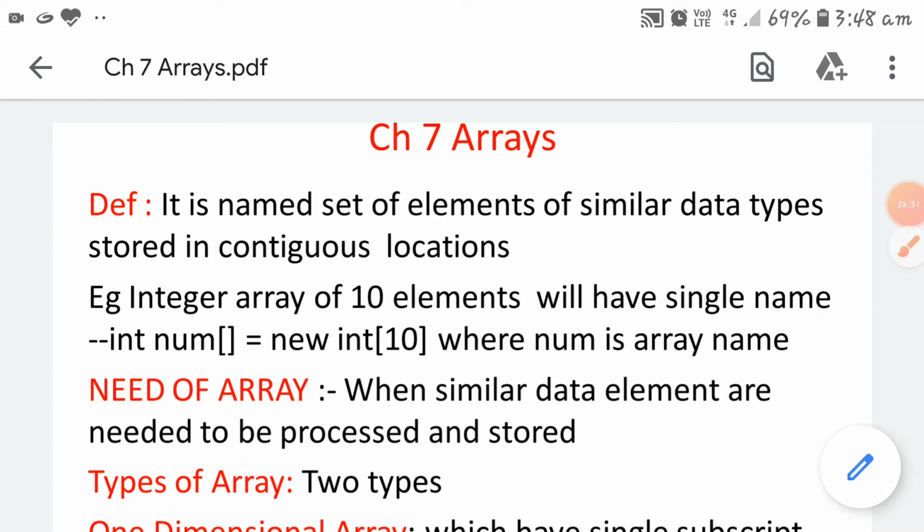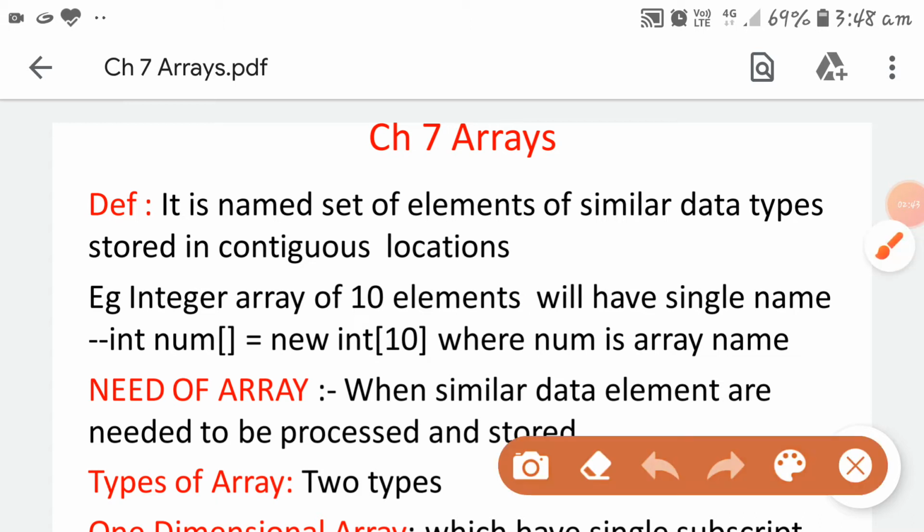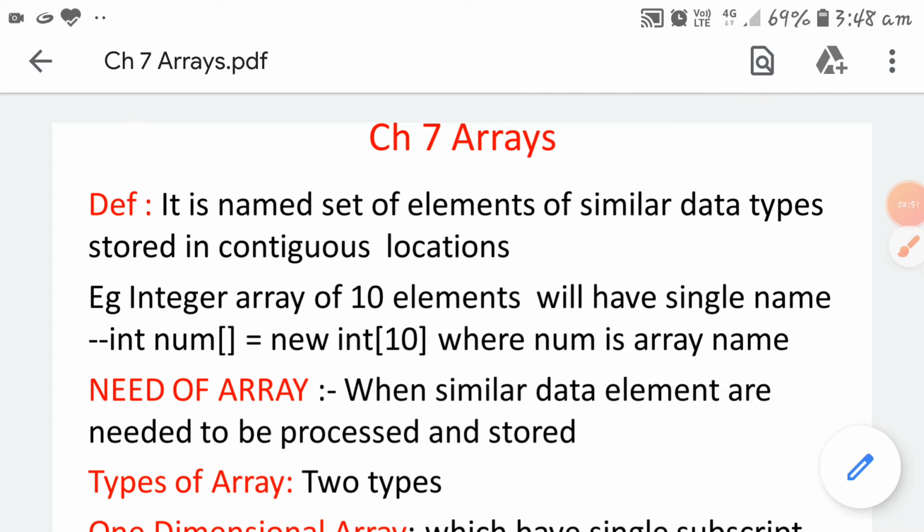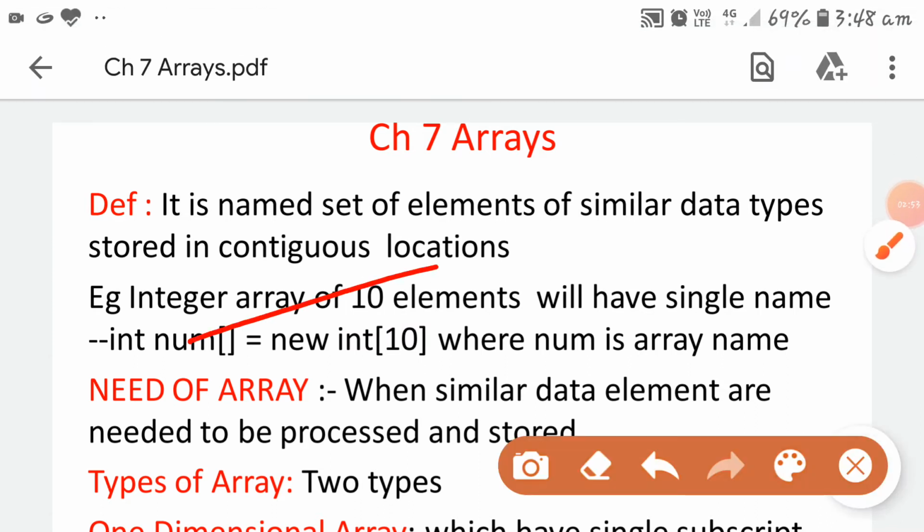For example, an integer array of 10 elements will have a single name. See the example: int num[] = new int[10]. How many elements will it have? It will have 10 elements, and num is the name of the array. This num is called a subscripted variable.